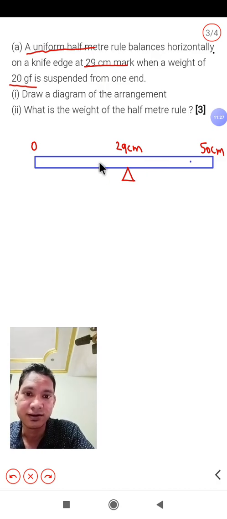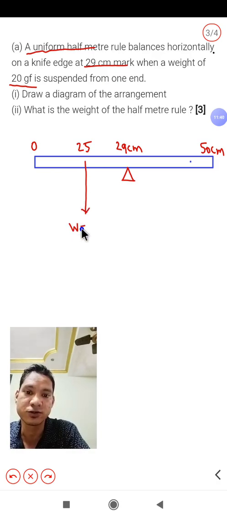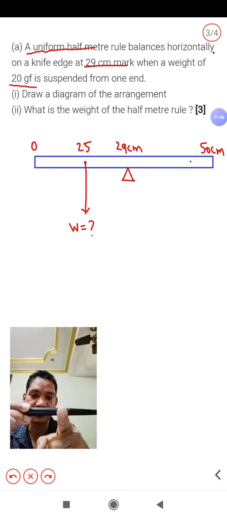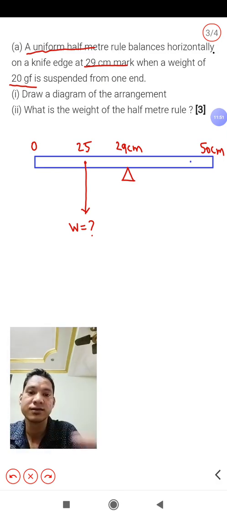Center means this is 50 centimeters, so its weight will be at 25 centimeters. So let me show you 25 centimeter here. At this position, weight of the rod will be situated. We need to calculate the weight of the rod. So obviously it will tilt on this side now, because the fulcrum is not at the center. It is somewhere here. So it will tilt this side, because this side is heavier now because of weight of